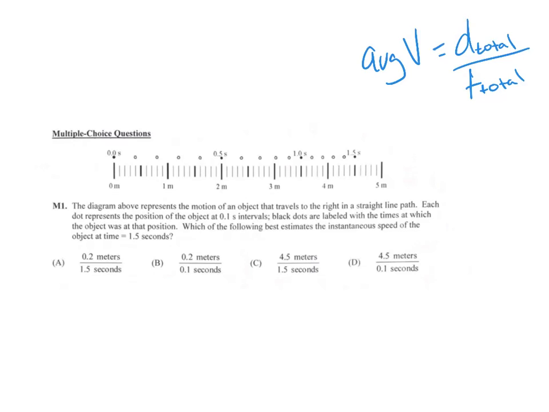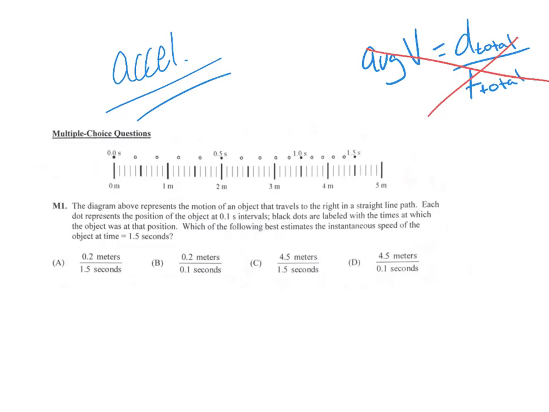But we can tell that this thing's accelerating because its spacing isn't even. The spacing's not even, so it's got to be accelerating, which means you can't do total distance over total time, which rules out C. Okay? You're never going to be able to use the total distance or the total time, because what we really need